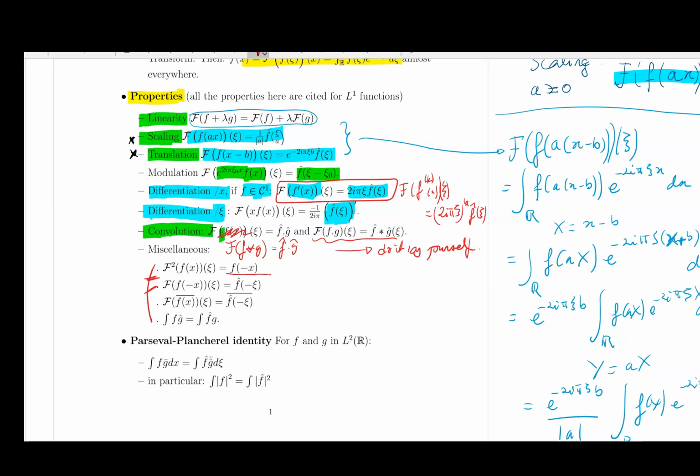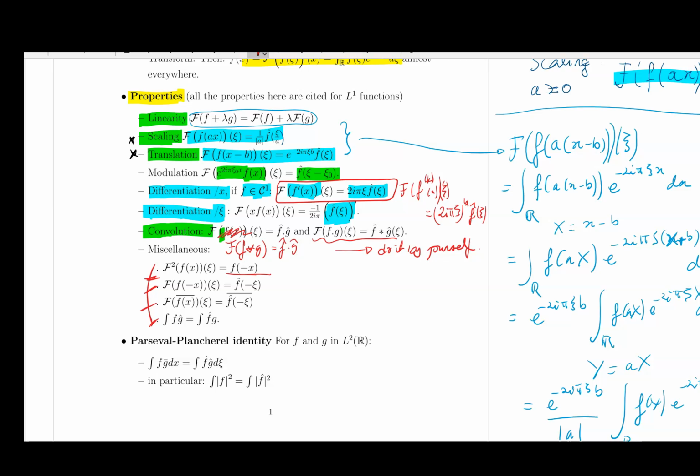If you have a complex function, the Fourier transform of the conjugate is the conjugate of the Fourier transform applied to the opposite of the argument. And we have what is called the cross identity, but I don't think we're going to use that a lot. Finally, we have the Parseval-Plancherel formula,